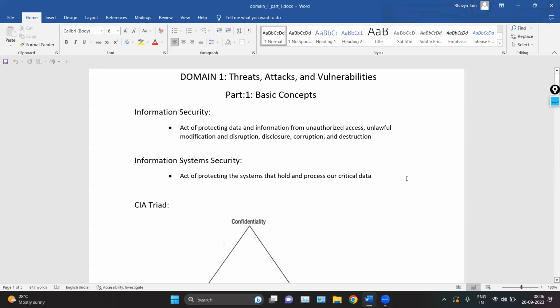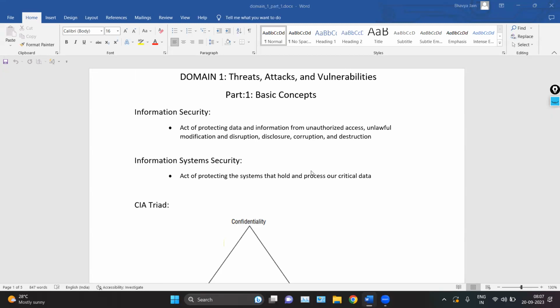Actually, Security Plus is a kind of basic certification. It is a foundational certification. So whatever we are going to discuss, those are all basic concepts, but the important concepts which you need to get started with cybersecurity. So we will discuss many concepts, some are familiar and some are new to you. Okay, so we will start from the basics.